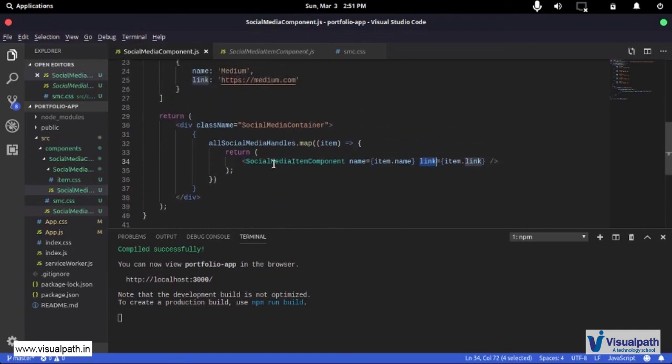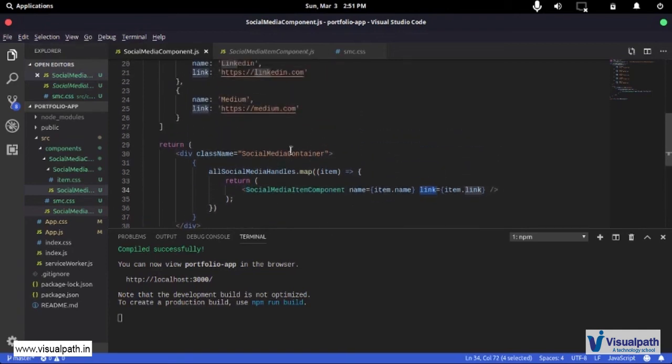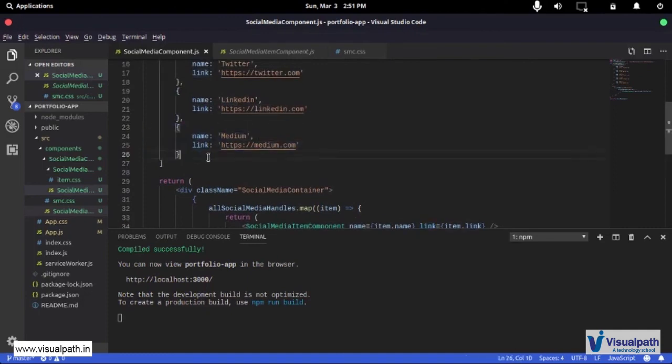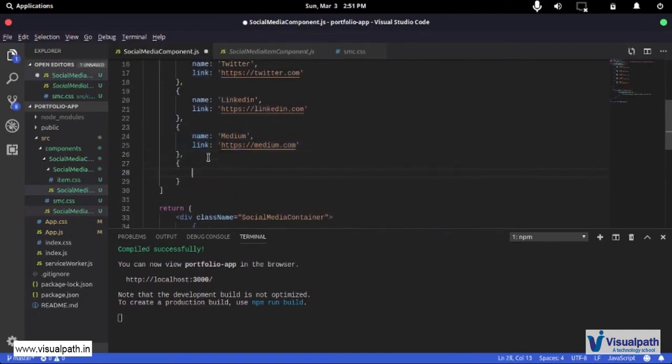Now, the thing that went well for us using this approach is we could add another element right here. Let me just add another one here, and let's call it, what do you want to call it? Let's just call it a fake name. Say, call it MySpace, just to make it real, and the link is going to be, let's just make it HTTPS actually, so that we can see that this is going to work. So myspace.com.